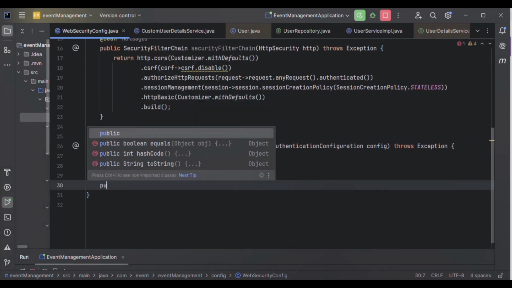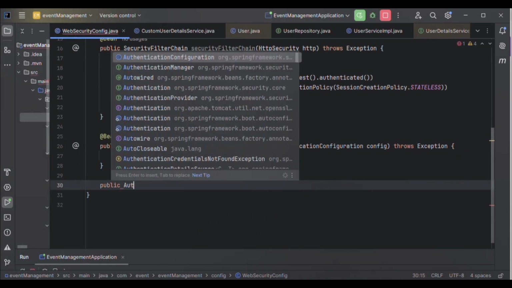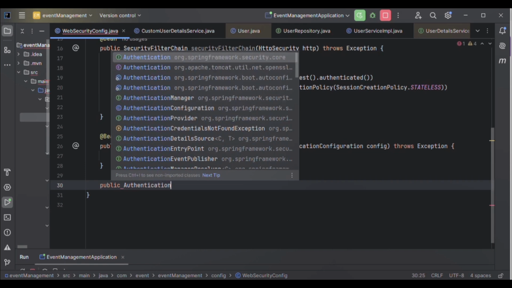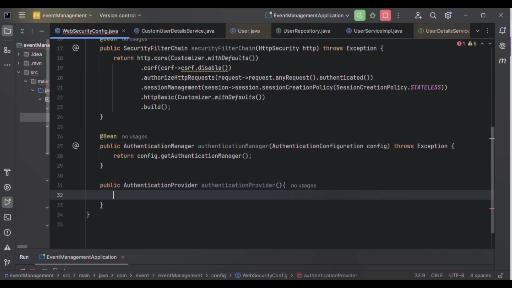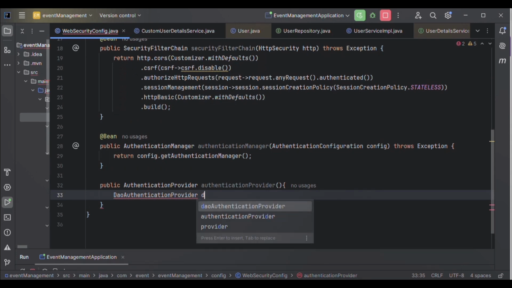Then second, we need an authentication provider. So let's implement the authentication provider. We are using the DaoAuthenticationProvider. So first we will create the object of DaoAuthenticationProvider.